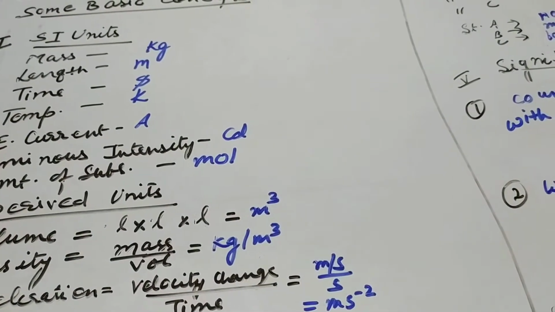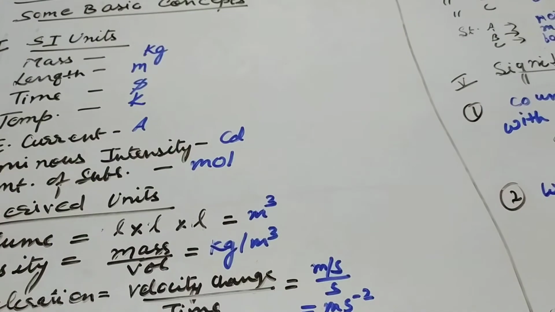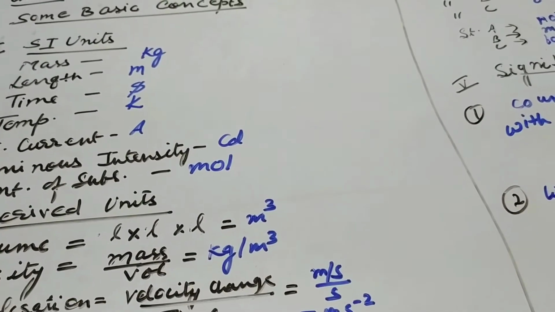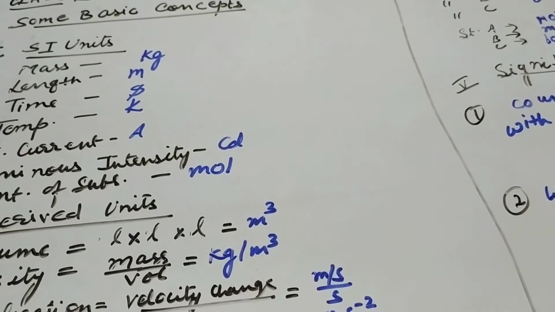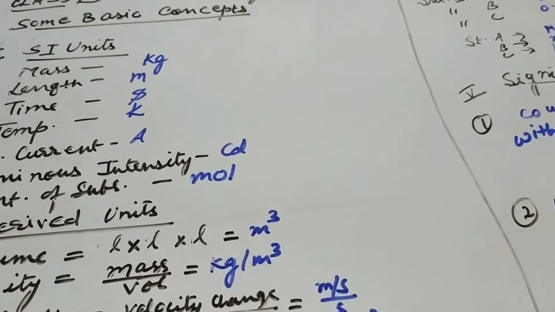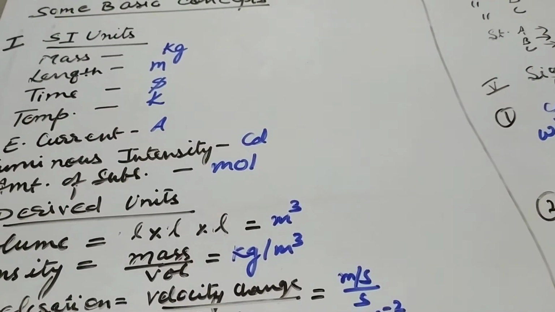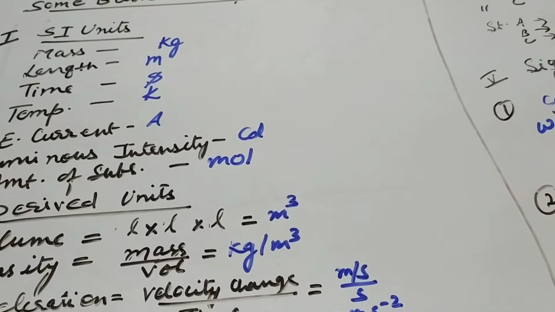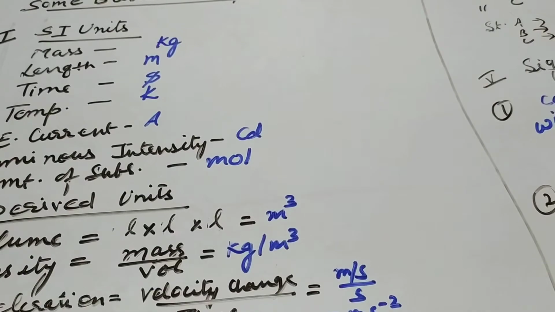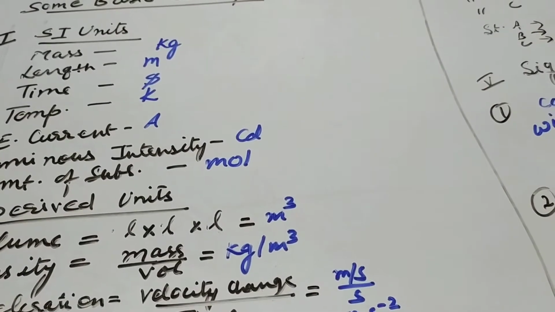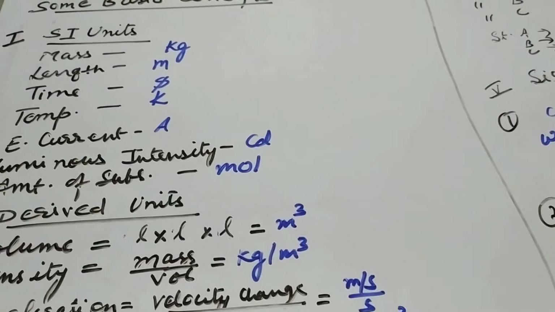Whenever we do measurements in lab in chemistry, every measurement has one numerical value and one unit which describes that numerical value. So there are certain SI units which are internationally applicable worldwide, that are called international system of units, that are termed as SI units. Some SI units have been written here.